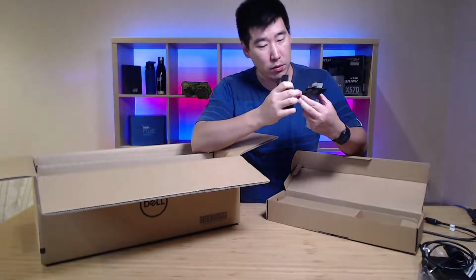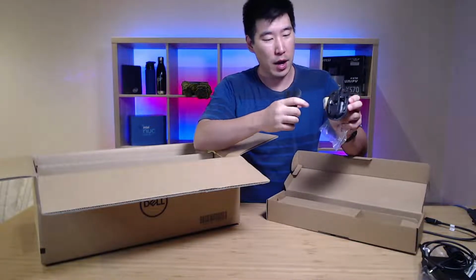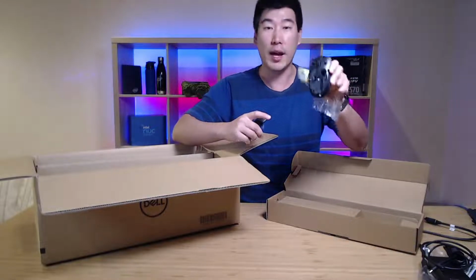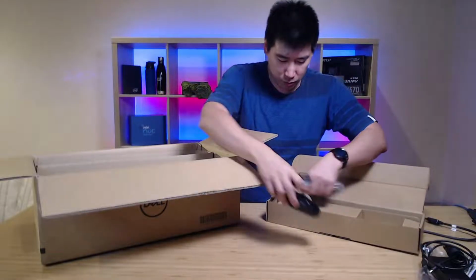Now, is this a Bluetooth dongle? I don't think this is Bluetooth. I think it's an infrared dongle here. And then we've got one double A. One double A. Do I have a cable? Oh, there we go. Of course, we've got to get...